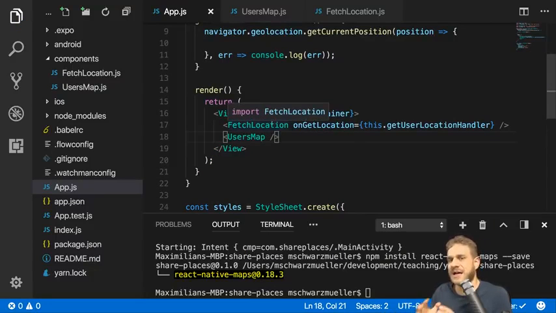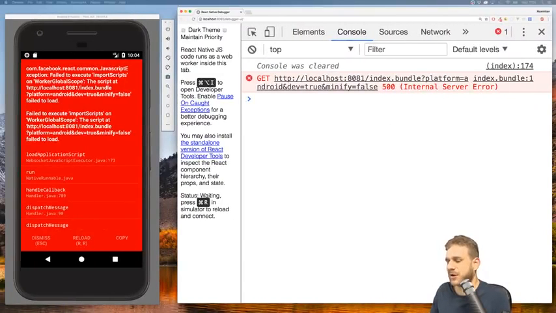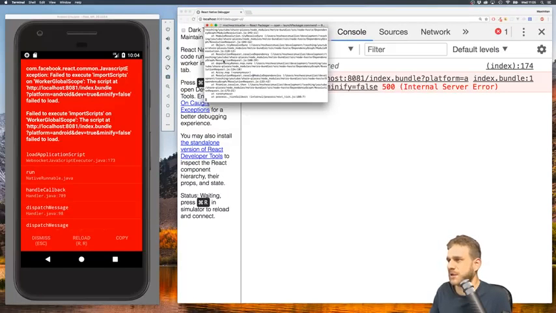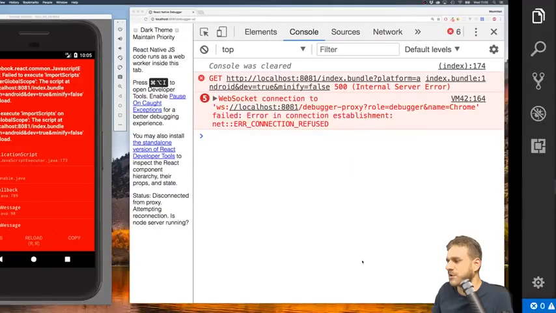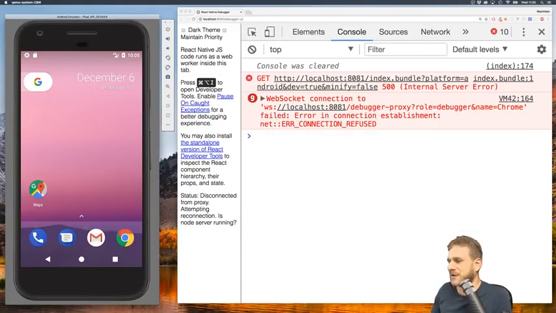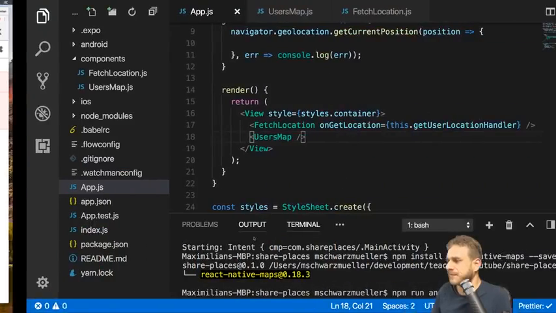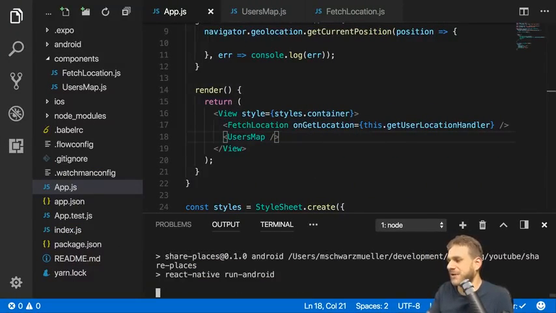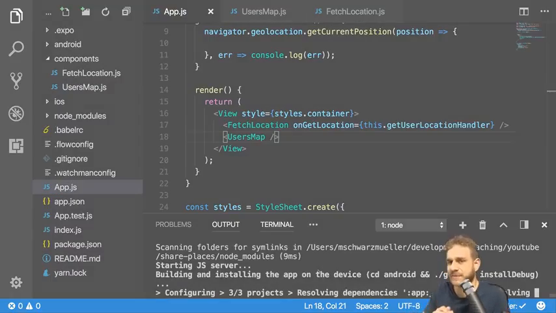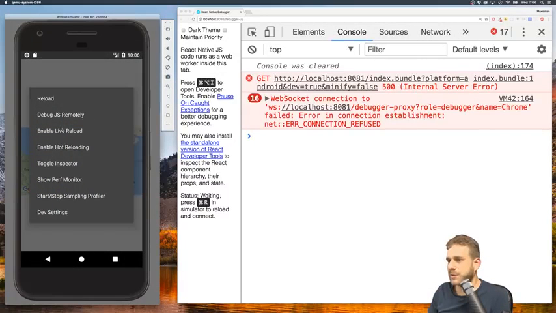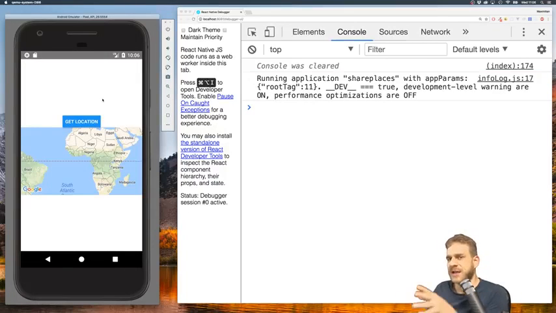Now, since we added a library that accesses native device features, I strongly recommend restarting the whole development server. So quit this terminal, you can see it already crashed here and that's pretty normal, and rerun npm run Android. Before you do so, even go so far to close the app here and uninstall it from your device like this. Thereafter, rerun npm run Android to get a clean new build, a new development workflow, and a new version of the app shipped to your simulator. With that restarted, I'll again turn on live reloading and connect my remote JavaScript debugging, and you should see the map. You might also see a bulb